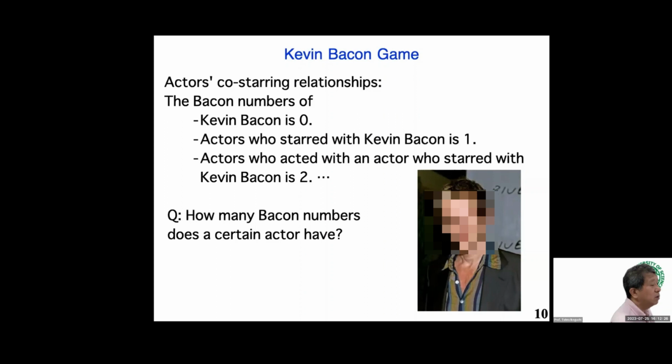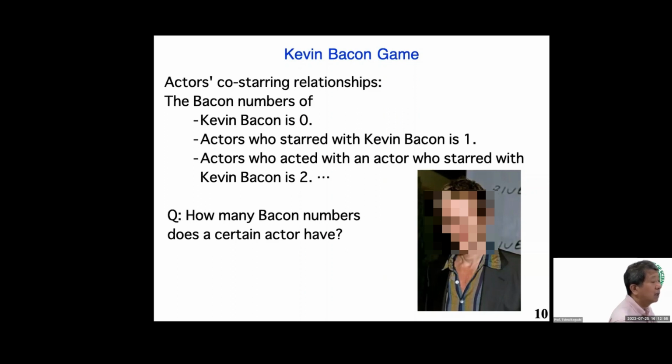The game is based on the assumption that anyone involved in the Hollywood film industry can be connected with Kevin Bacon, through the films in which they have starred, by following a 6-step process. In this game, each actor is evaluated by their own Kevin Bacon number. So let me define the Kevin Bacon number in this game.